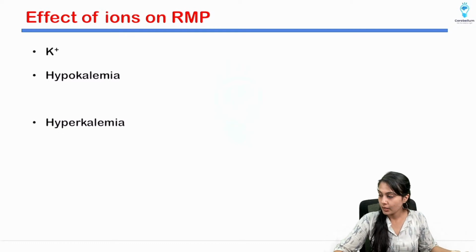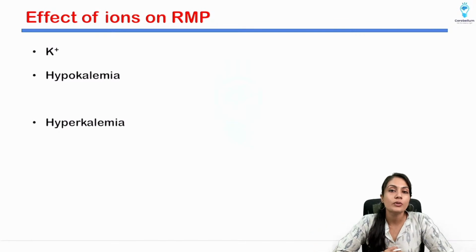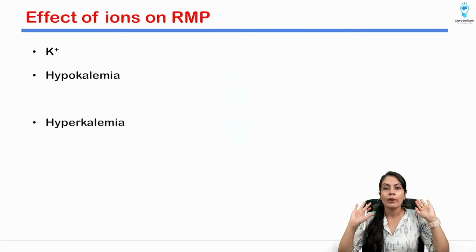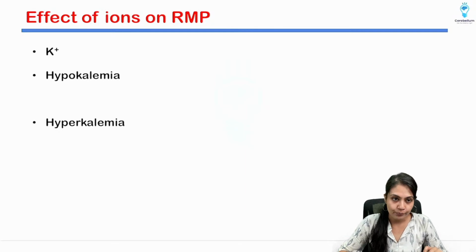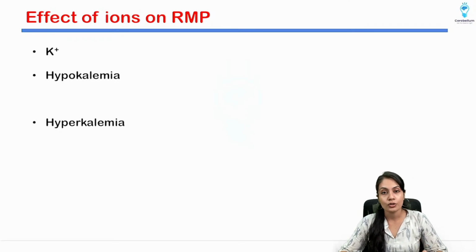Right. So let's move on to the effects of different ions. Many ions are there. We're going to see the important ones which are asked in the exams, isn't it? First of all, we are going to talk about potassium. There are 2 conditions which are possible in the case of potassium. What are those 2 conditions? First is